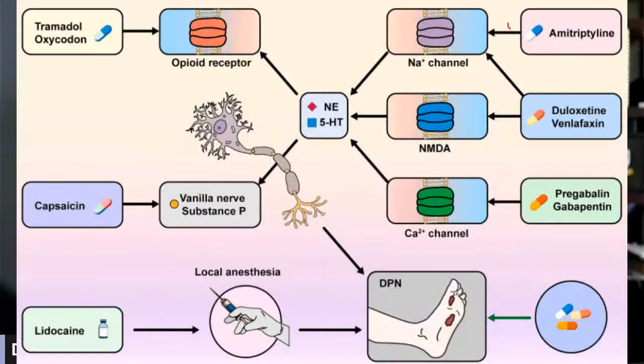When we take a look at what the traditional treatments are, normally it's medication oriented. And so what are some of those medicines? Some of those medicines are the following, where you can see things like tramadol, amitriptyline, duloxetine. So these are going to be in the regular names, things like Elavil, Cymbalta, Lyrica, Neurontin, capsaicin, lidocaine. And so some of these things do have utility. Now, they also have some downsides to them.